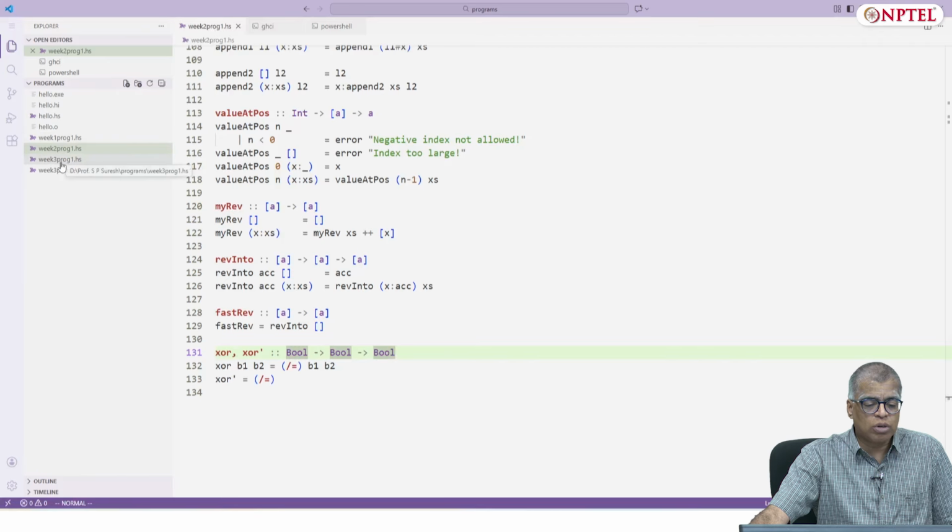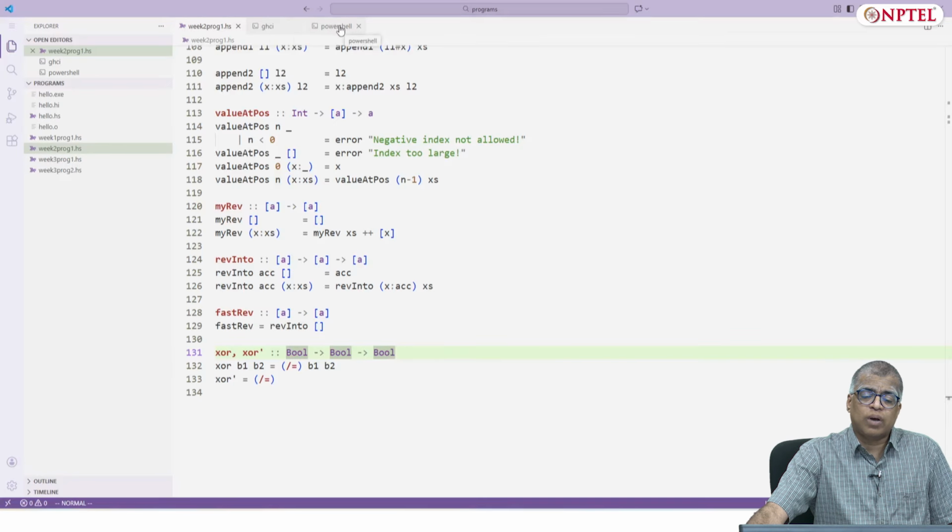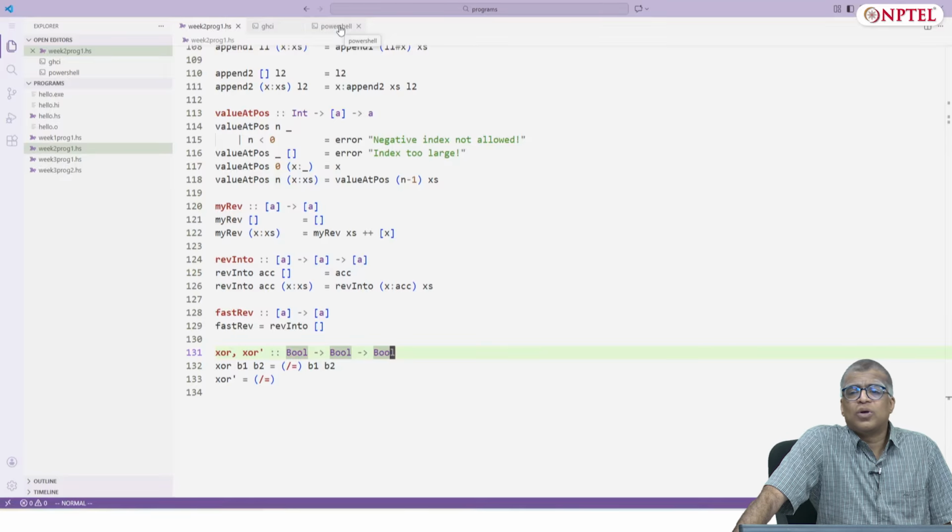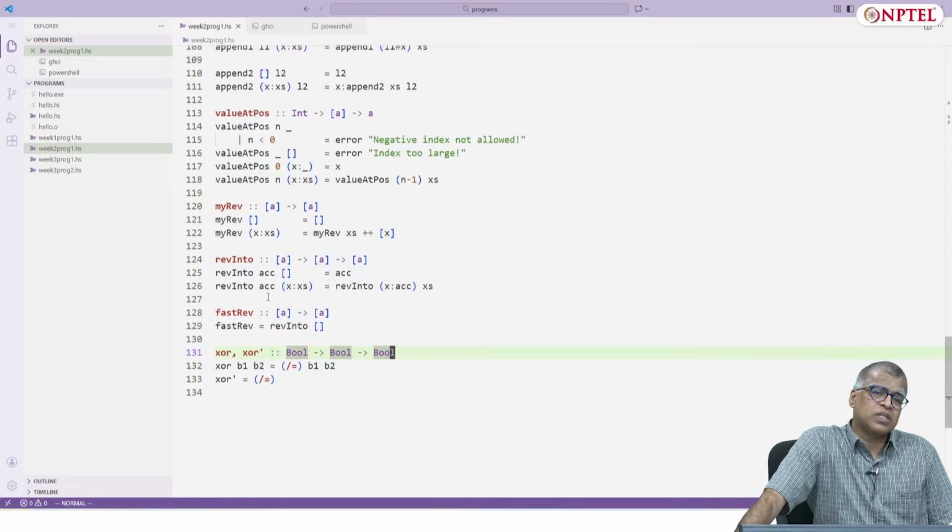I shall close this demo session now. You will be able to explore more list functions in the exercises. In the next week's lectures, we will go deeper into list functions. Thank you.